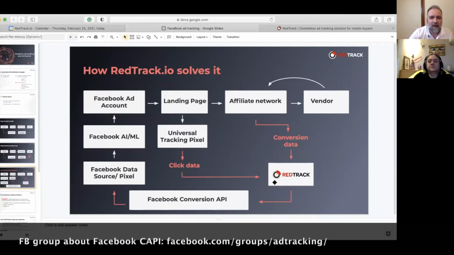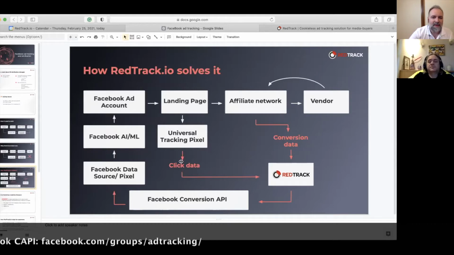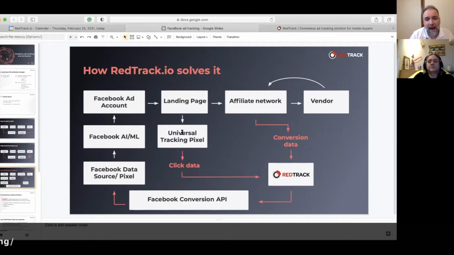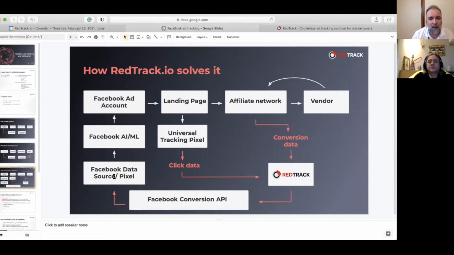In RedTrack, we connect the conversion data with the Facebook click data that we collected on your page using our universal tracking script. And we send this data via Facebook Conversion API to your Facebook pixel. So it starts to power Facebook machine learning, and your account starts to perform.